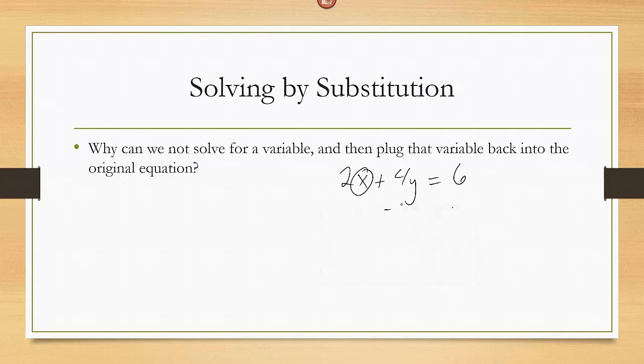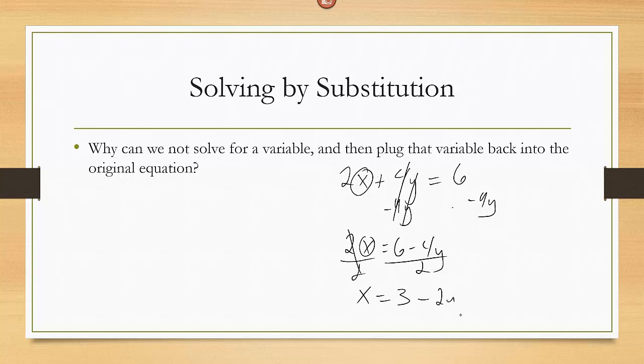So we're going to move this 4y over. And so now we have 2x equals 6 minus 4y. Now I want to get x by itself, so let's divide by 2. And x equals 3 minus 2y. Now let's accidentally plug this x back into our original equation. We're going to get 3 minus 2y